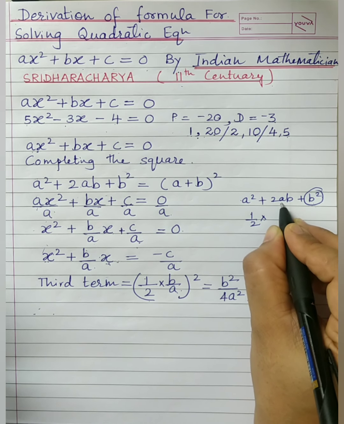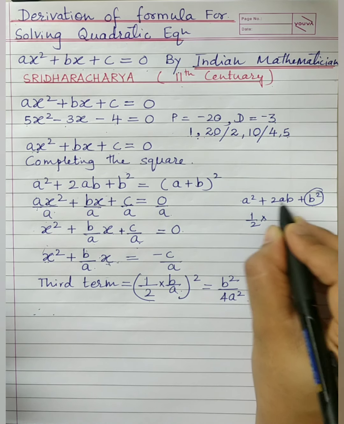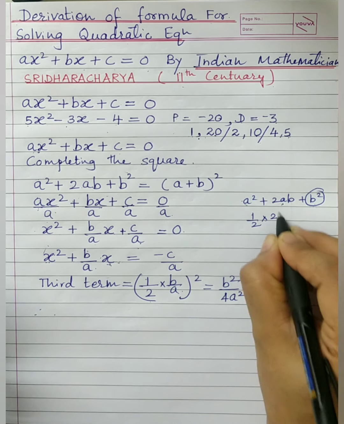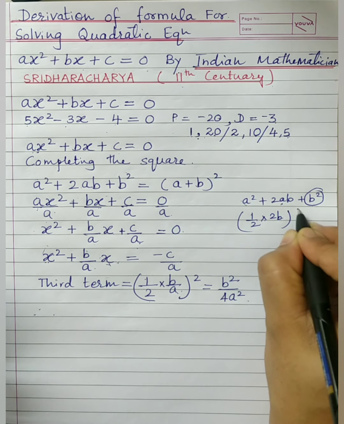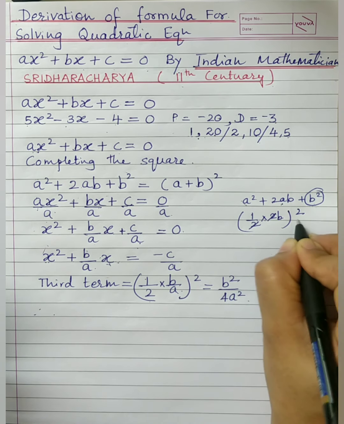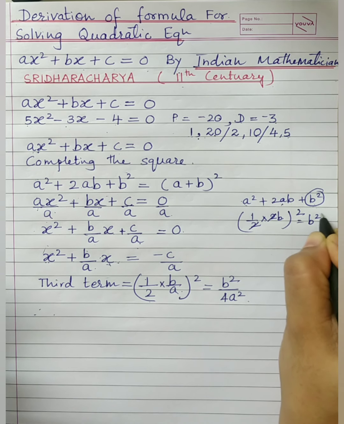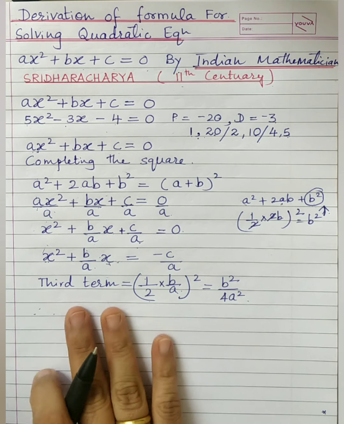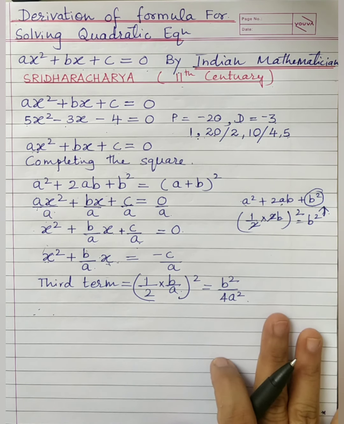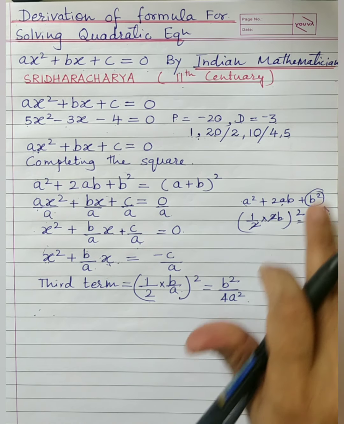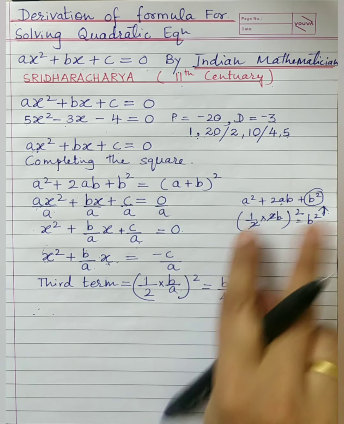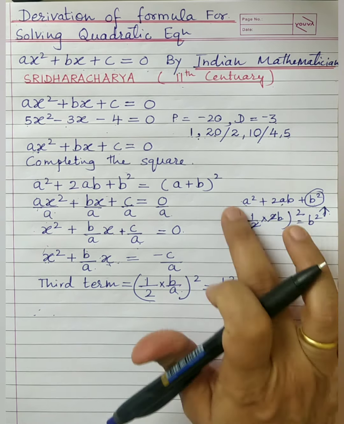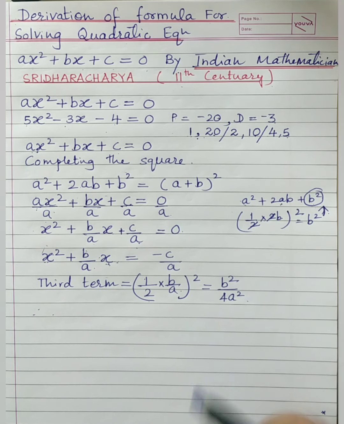What is the coefficient of a, children, here? 2b. Because in a square we are talking. So 2b. Half into 2b the whole square. What will happen? 2 and 2 get cancelled. What is the third term obtained? B square. Are you able to see? This is how we get the b square. So in the same way you can take it as a formula, and for those who are more interested, I have given this proof. How do you get the third term when the first two terms are known? How to get a third term which makes this expression a perfect square trinomial.